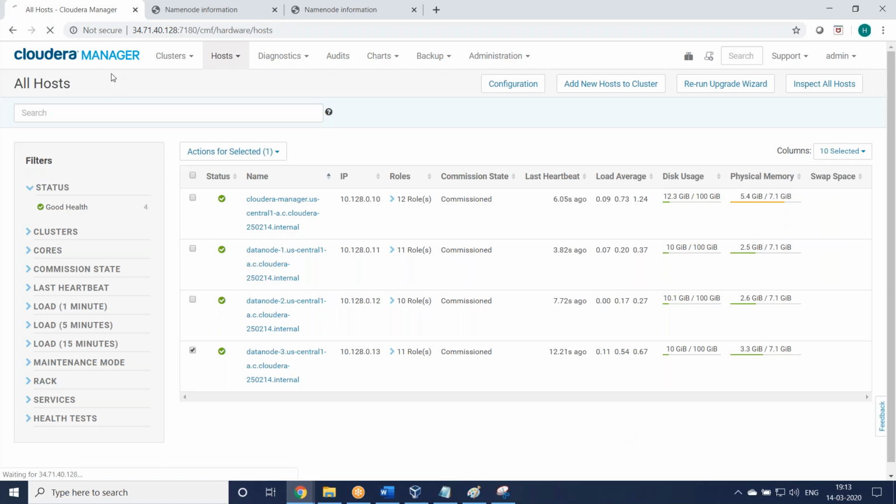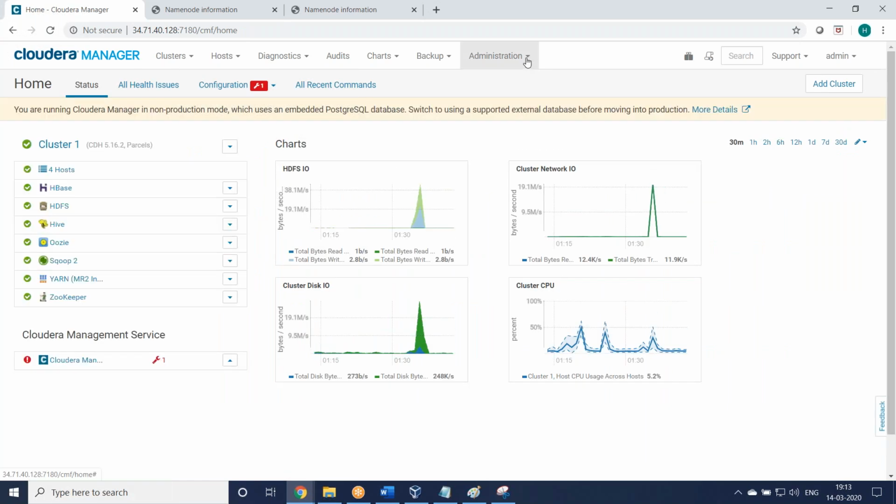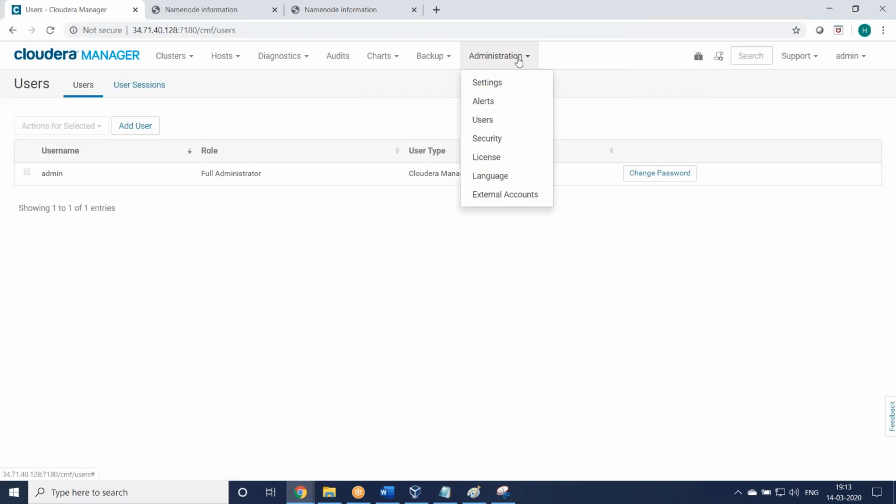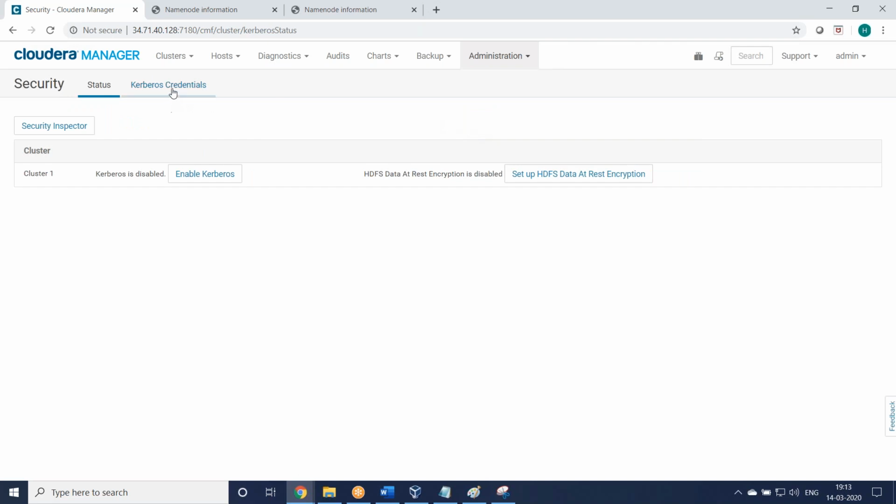Now let us see if you want to upgrade Cloudera. Go to administration. Settings, not here. Let me check it. Alert, security, license, user, security. Okay, this is Kerberos.